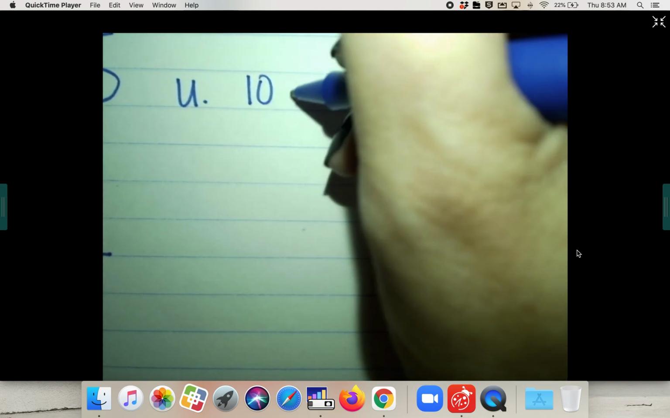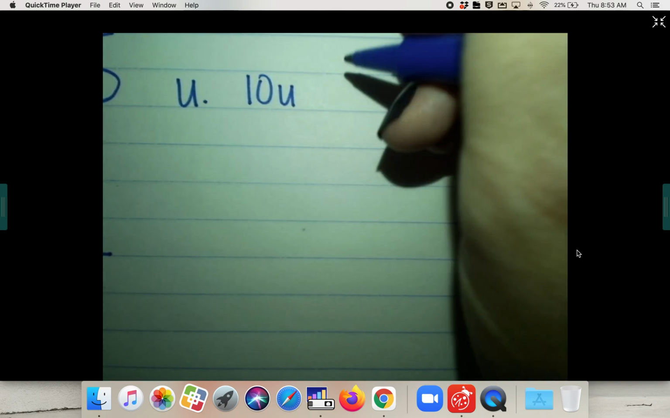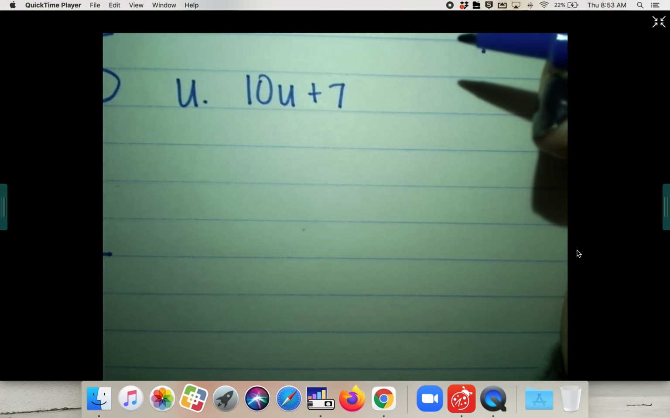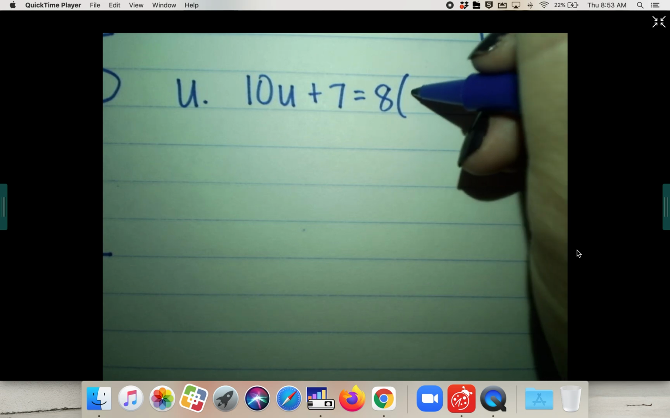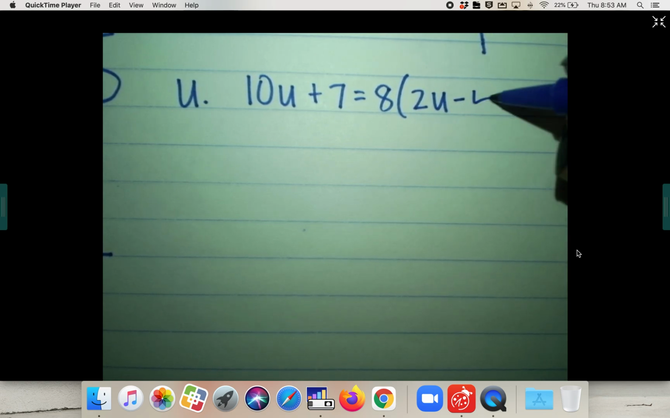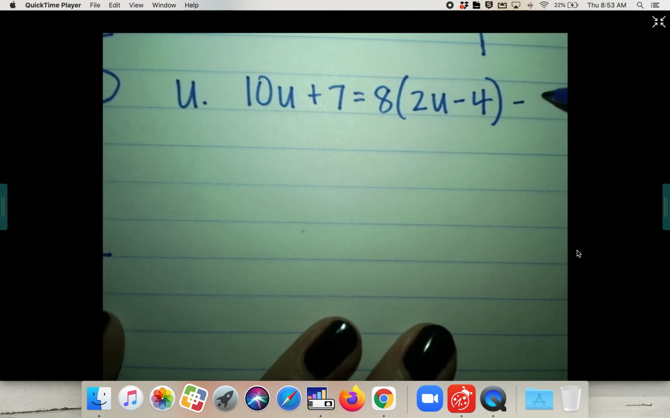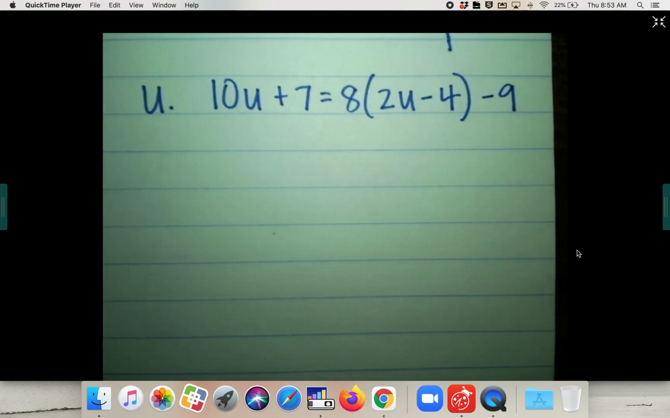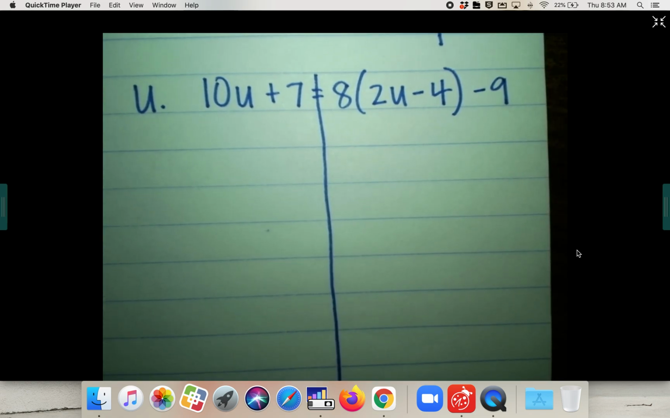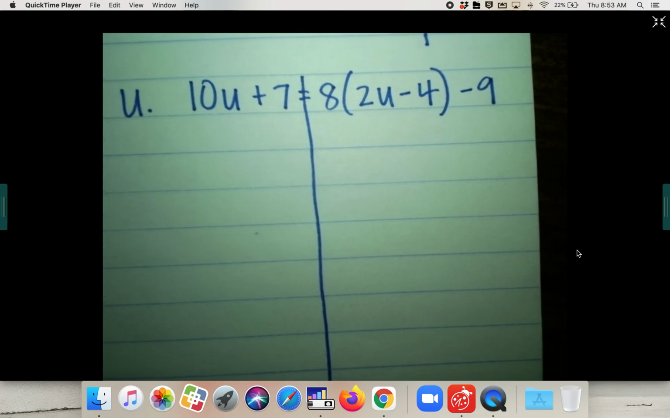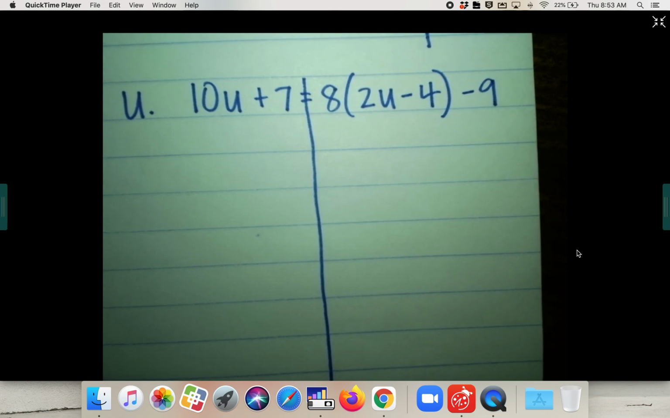Here we go. 10U plus 7 equals 8 times the quantity 2U minus 4. Close your parentheses and then minus 9. This one's not that hard either. I think you guys are starting to get the hang of it too, which makes it a little better. All right,